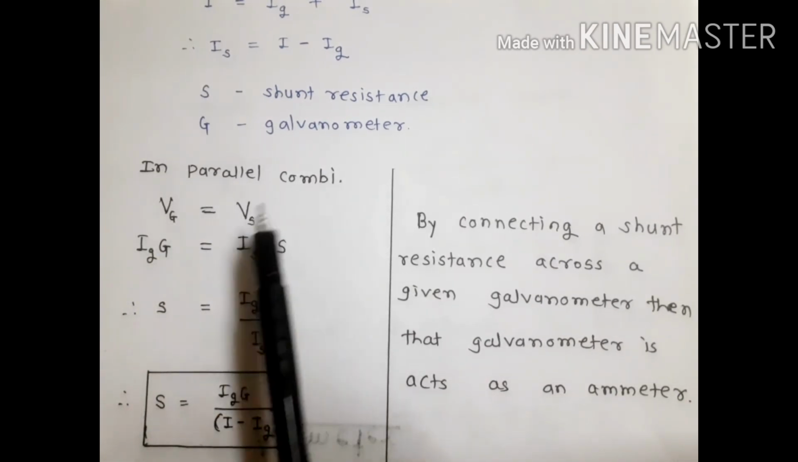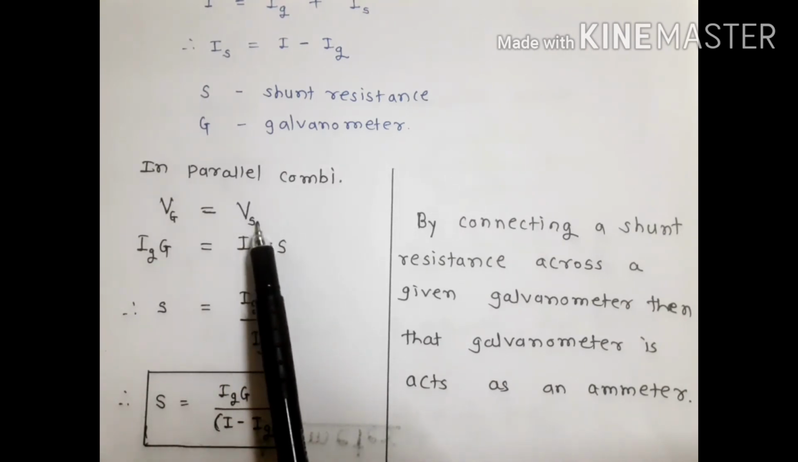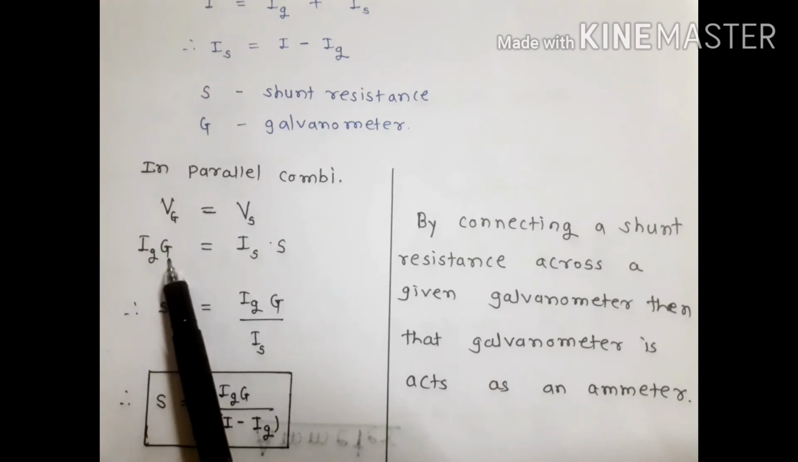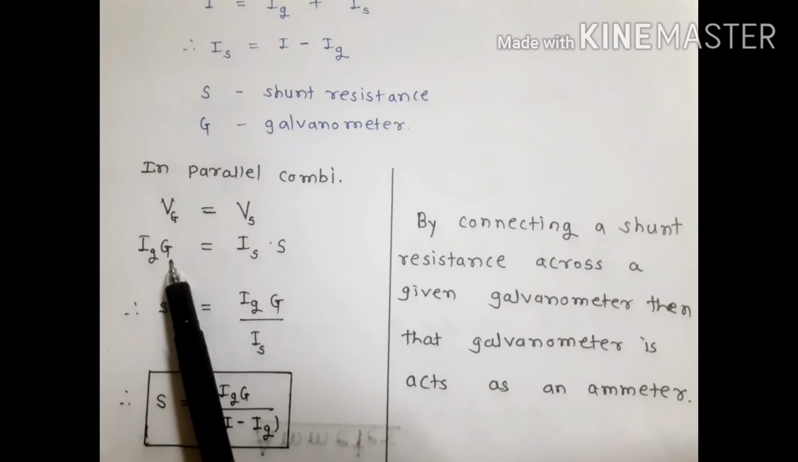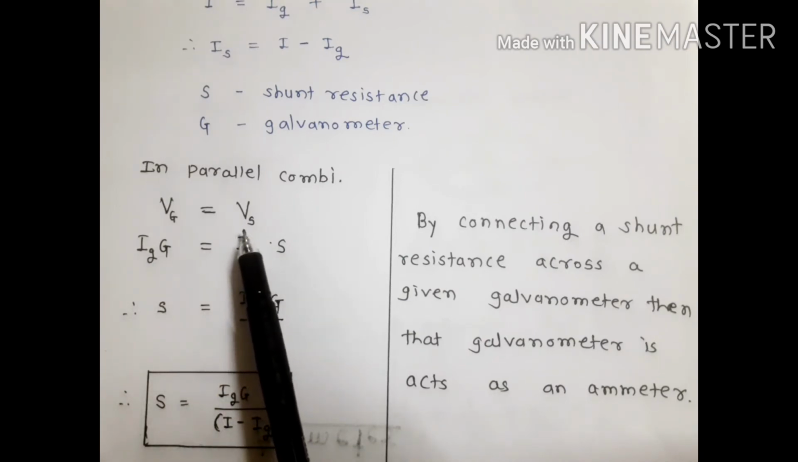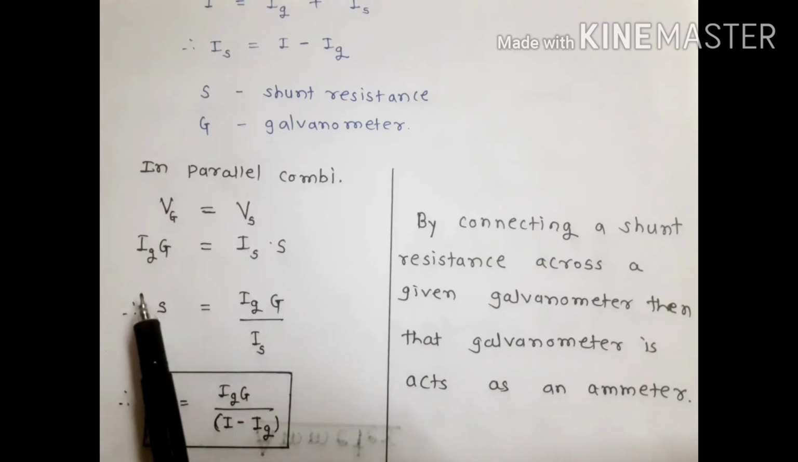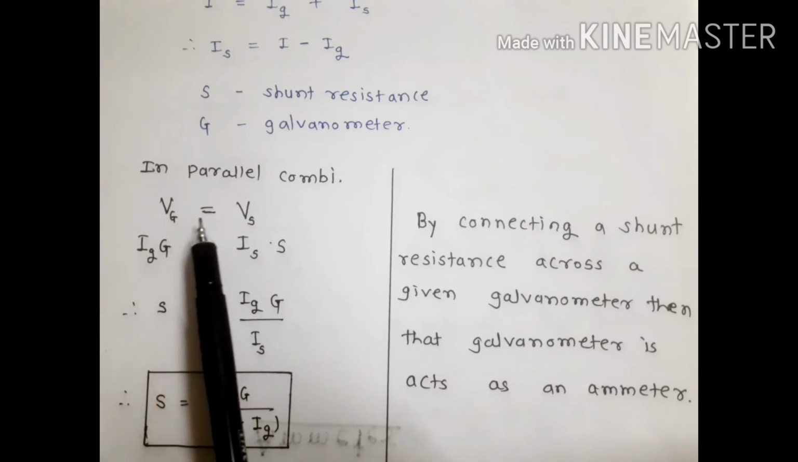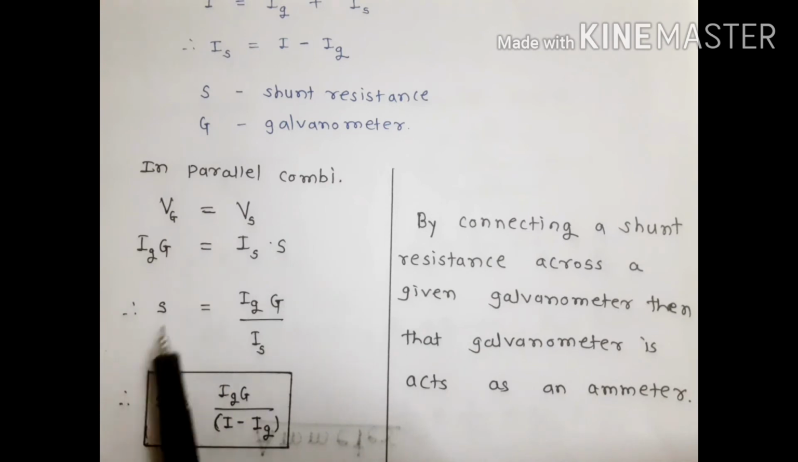In parallel combination, the voltage across the galvanometer is equal to the voltage across the shunt resistance. Vg is equal to Ig into G, where Ig is the current flowing through the galvanometer and G is the resistance of the galvanometer. In a similar manner, according to Ohm's law, Vs is equal to Is into S, where Is is the current flowing through the shunt resistor and S is the value of the shunt resistance. In parallel combination, Vg is equal to Vs, therefore Ig into G is equal to Is into S, therefore S